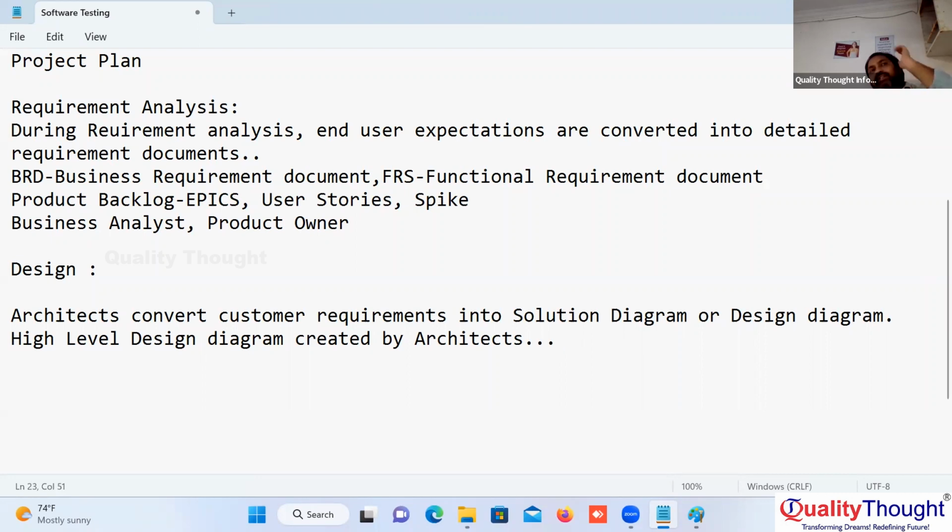So architects convert customer requirements into solution design. A high level design diagram is created by architects. Now once the design is over, this goes to the build phase. In the build phase, which is also called the development phase,